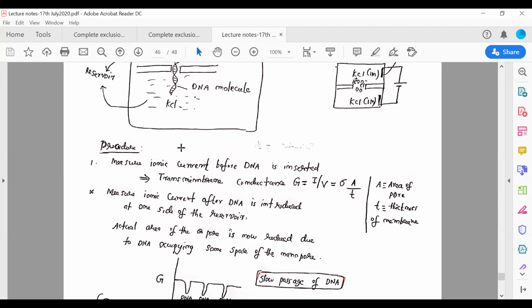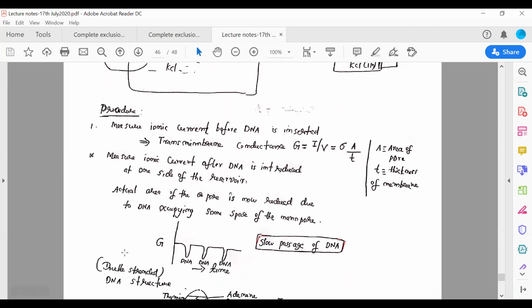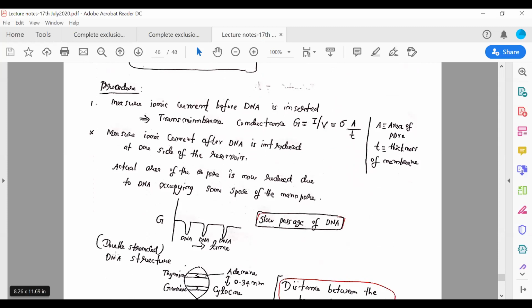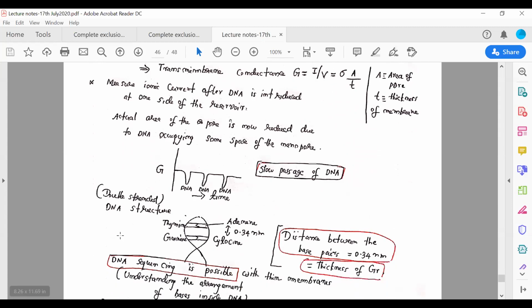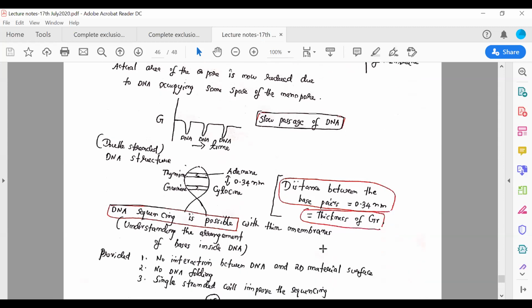This is known as DNA sequencing, and that is what people are widely exploring. Can we understand the DNA? Can we sequence the DNA so that we can even cure some diseases which are genetic? We say there are genetic problems: your family member has some problem and it is carried throughout the generations. Can we modify this? If you understand it well, you can modify it. That is the process of DNA sequencing. So these nanopore technologies are really exciting, because they can be helpful to solve some of these problems.